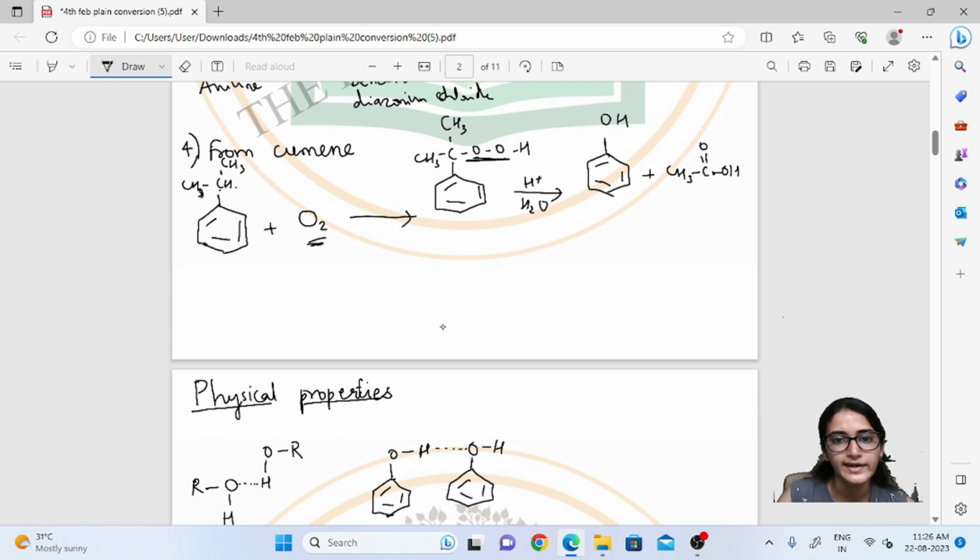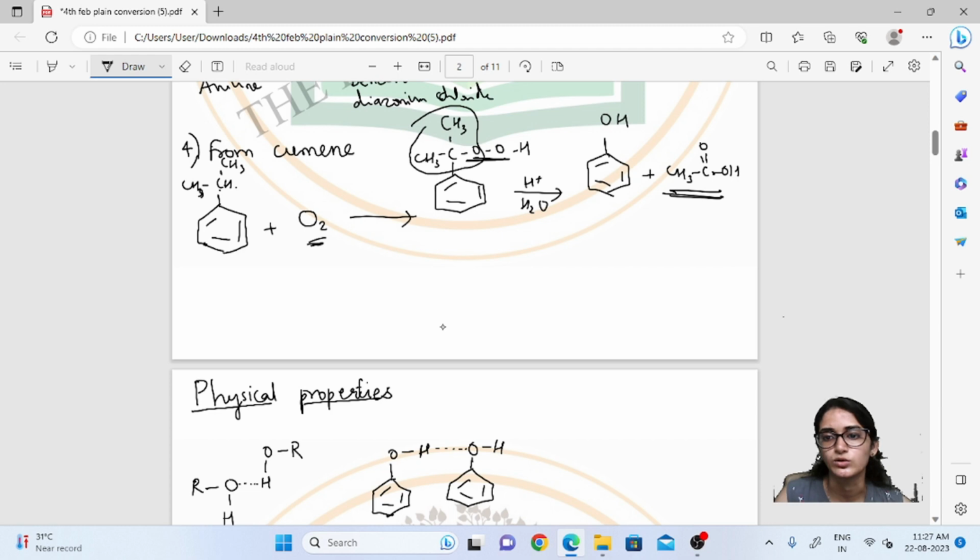Okay, so we will get CH3CO. We will get an acid over here. Okay, that acid, but we don't want the acid, so we will convert that further into alcohol. So the acid on hydrolysis, we will get an alcohol. So what will happen? The whole group CH3CO CH3, here there will be formation of a double bond and we will get this product as a separate product,